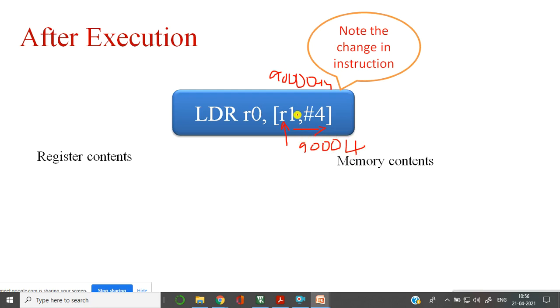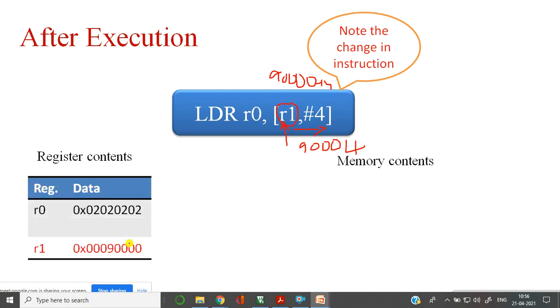The content that is present in 9004 will be moved to R0, but R1 remains unchanged.